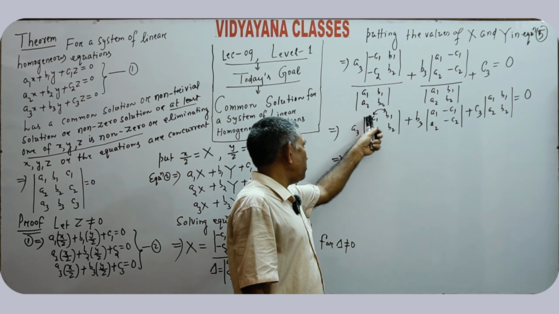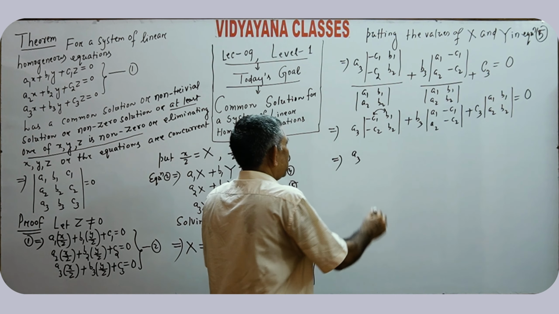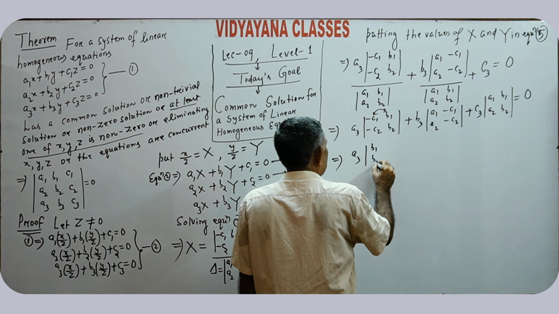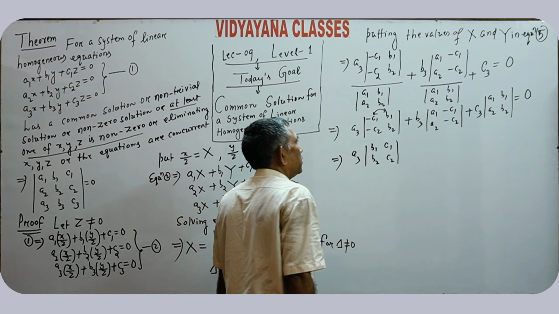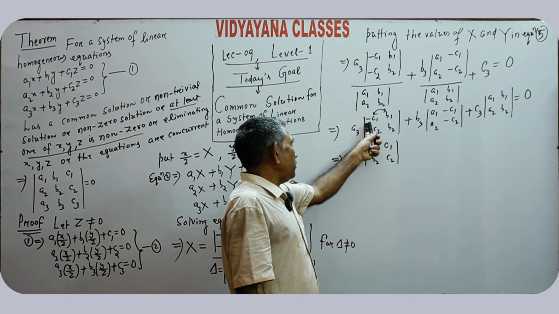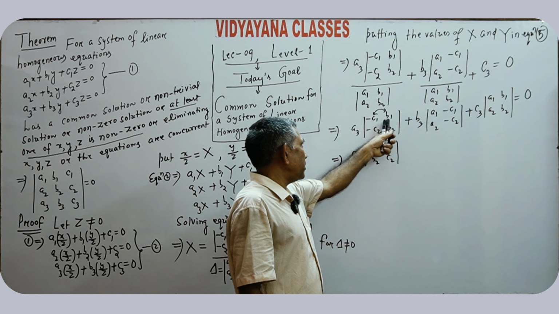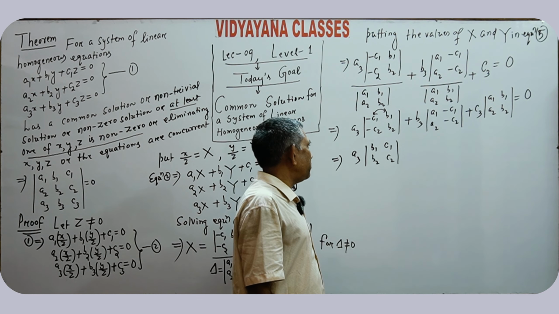Taking minus from column 1, there exists a minus, which gives B1 B2 C1 C2. Taking minus from column 1 and interchanging column 1 and column 2, we will get A3 into the determinant B1, B2,